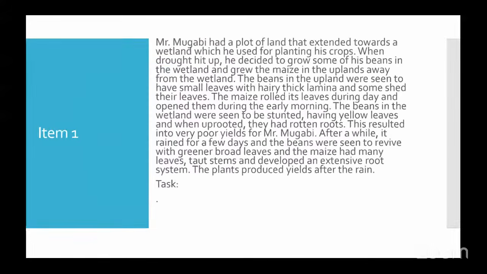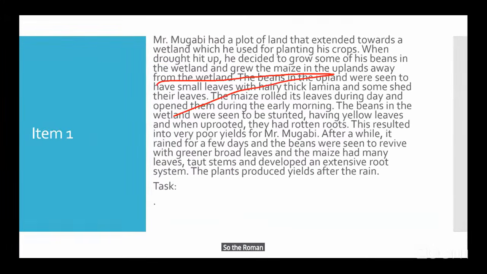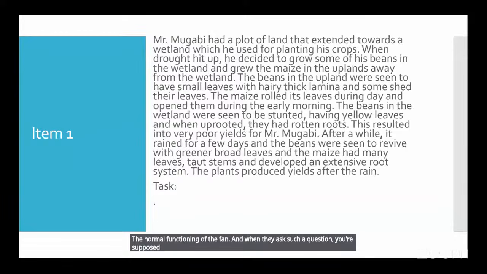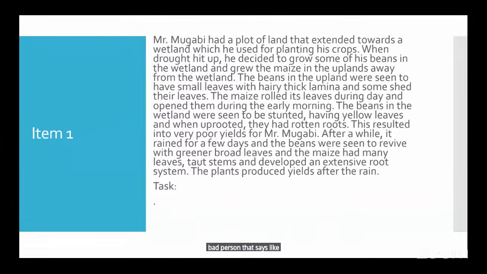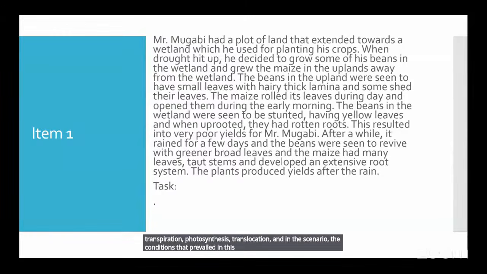So the Roman asks how the conditions in the upland affected the normal functioning of the plant. And when they ask such a question, you're supposed to explain those plant processes like transpiration, photosynthesis, translocation. And in the scenario, the conditions that prevailed in this upland include